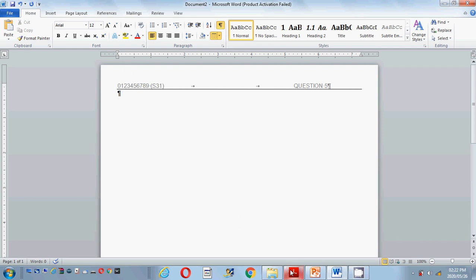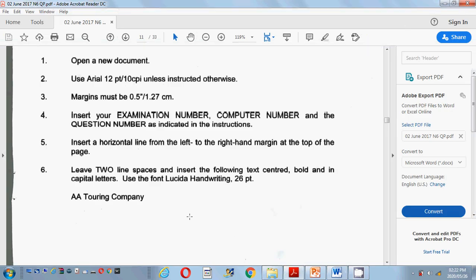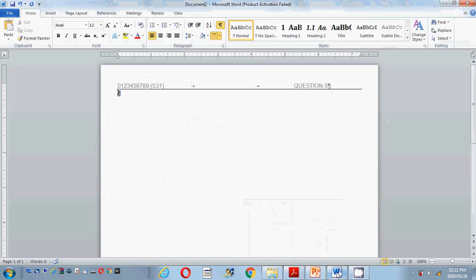Then let's look at our next instruction. It tells us leave 2 line spaces and insert the following text: centered, bold, and in capital letters. Use the font Lucida Handwriting 26, and it gives you what you have to type. Now people, you know me, I like to first type in my text and then I change it. Okay, so let's remember, it said leave 2 line spaces. We've got 1, 2. Then I'm going to type in my word, AA Touring Companies,